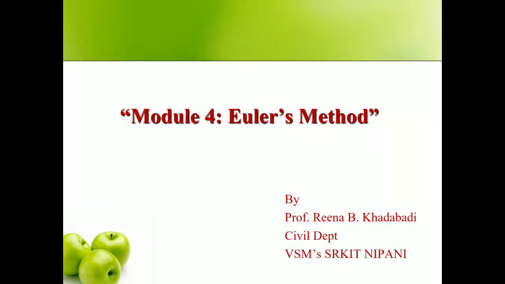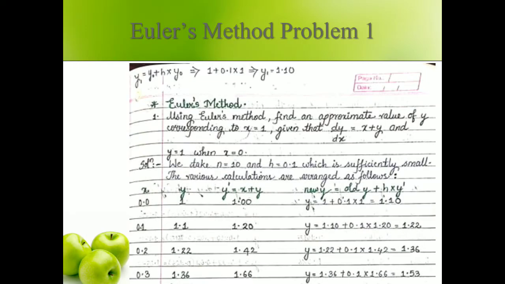Next, we go to module 4. The next method after the Taylor series method is Euler's method. So Euler's method goes like this. Euler's method goes directly to the problem, that is, using Euler's method, find an appropriate value of